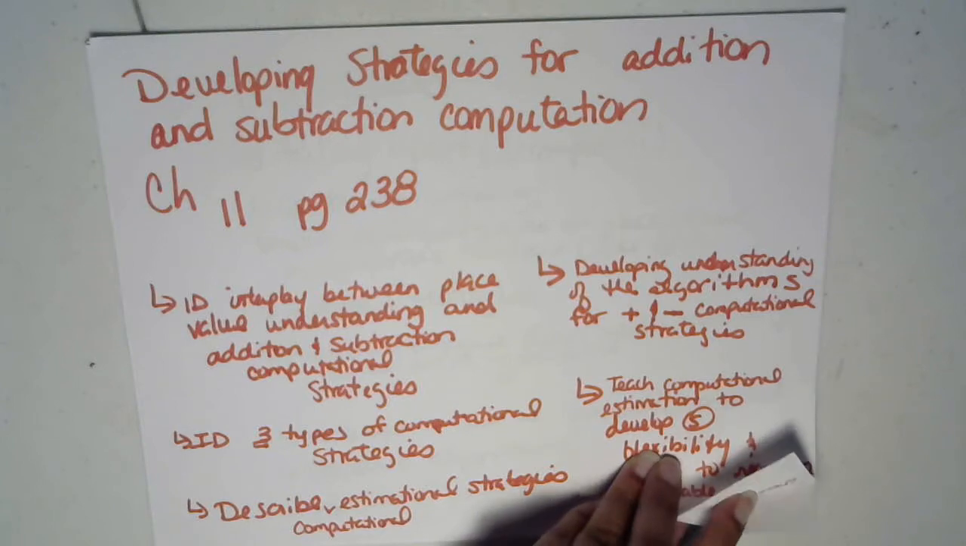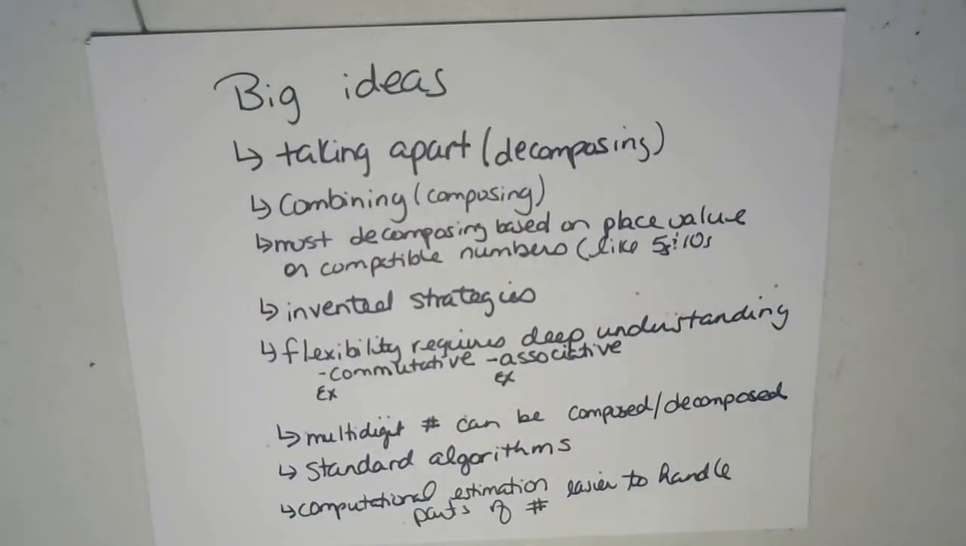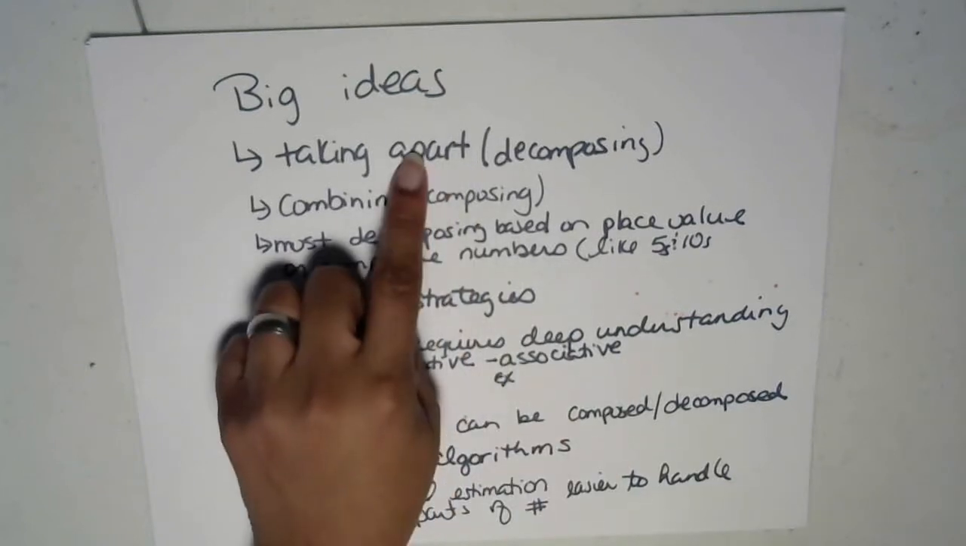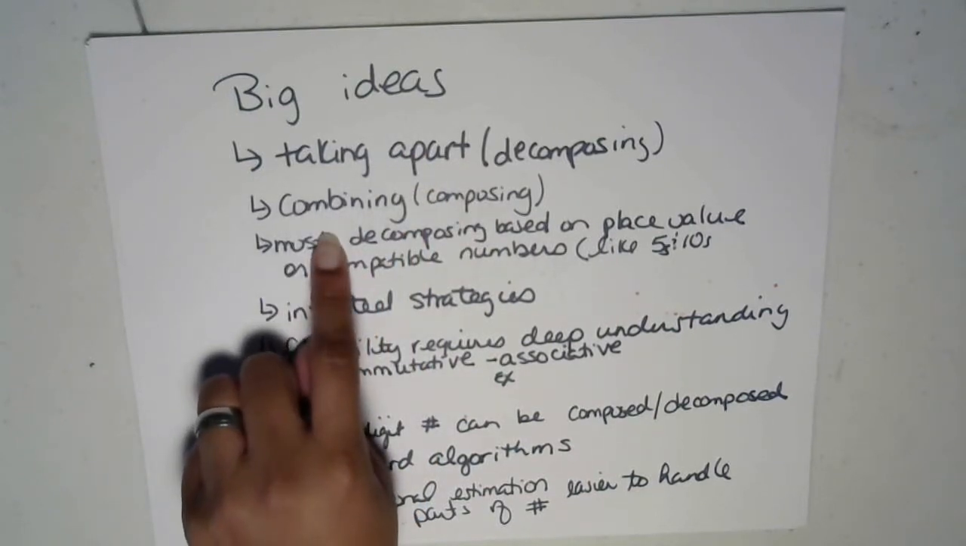Each chapter has some big ideas. What are going to be your big takeaways from the chapter? From this chapter, we as the teacher want to develop students who are able to use flexible methods of addition and subtraction. And that involves taking apart a number, which we learned in the last video, down under 10, combining, building 10,